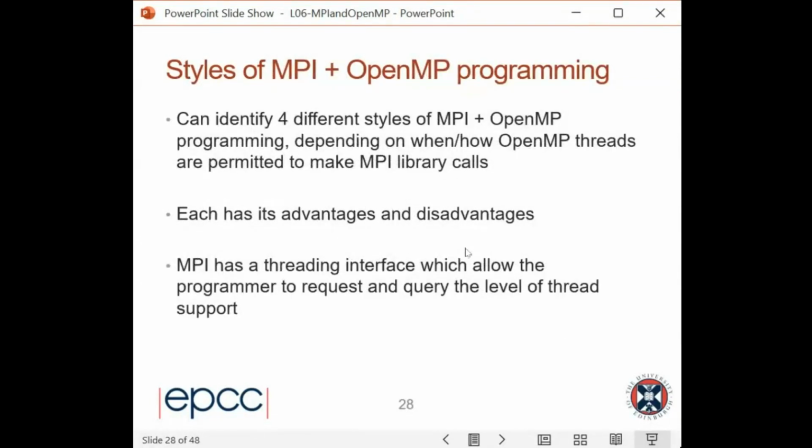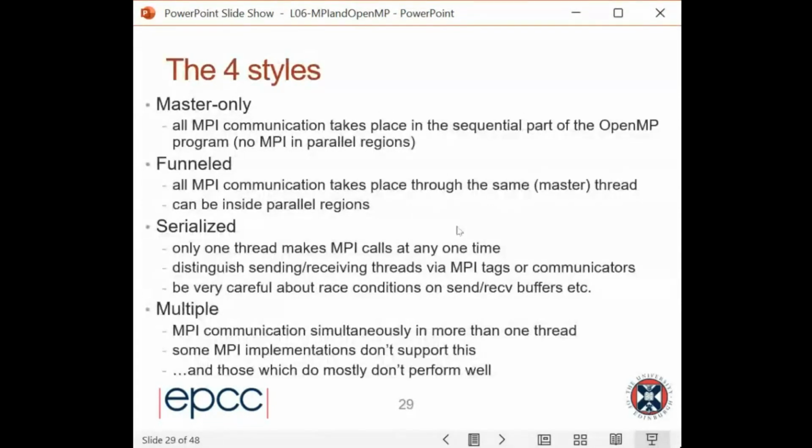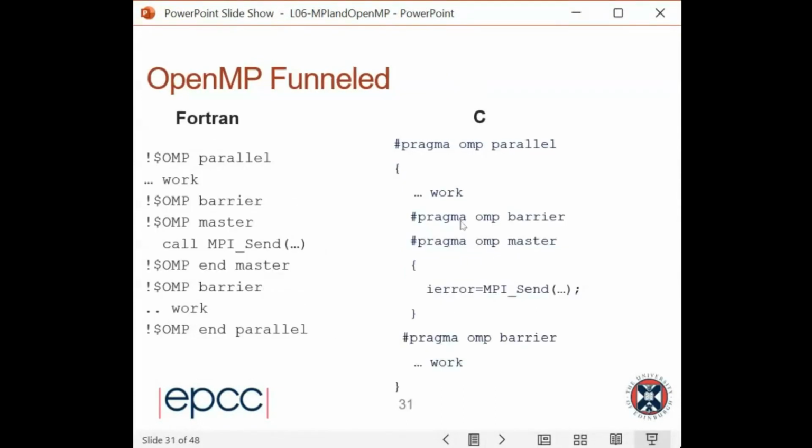I'm going to finish very soon. There are 4 styles of MPI+OpenMP programming, depending on when and how you call the threads, and each has its advantages and disadvantages. And we'll see that these 4 styles are actually implemented in MPI. MPI now has a threading interface, which is to be used in conjunction with OpenMP, and you can query MPI as to what level of thread support is available or that you're using. So the 4 styles are